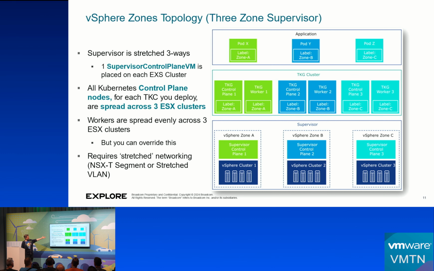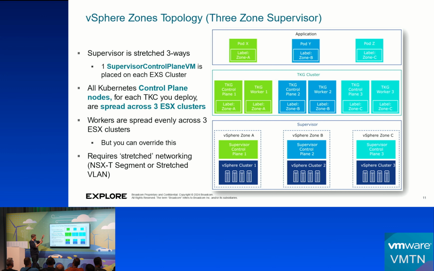So this is what that looks like when you do it with Supervisor. It's still got the old naming in here, because old screenshots. But it spreads out a cluster. Every cluster you make, it spreads it out across those 3 sites. And that's cool, because then inside Kubernetes, you can pick and choose which bits go where. But that requires talking with your developers, or making them at least aware that you have this zonal infrastructure.